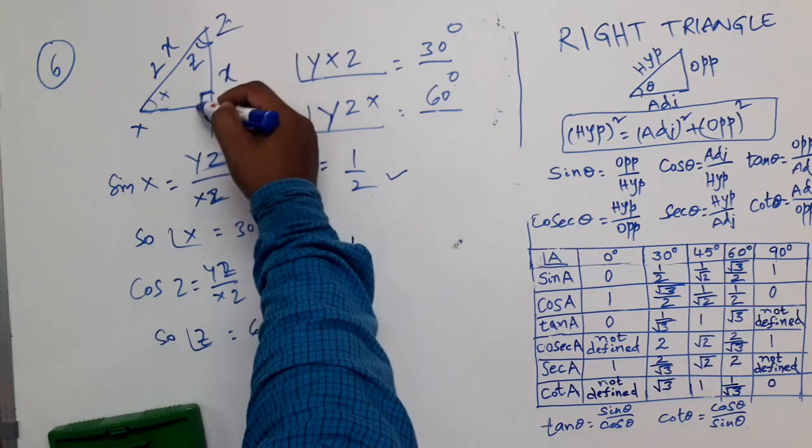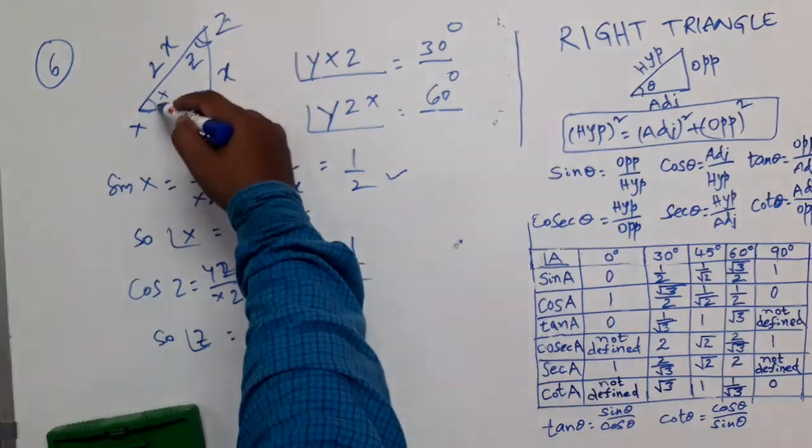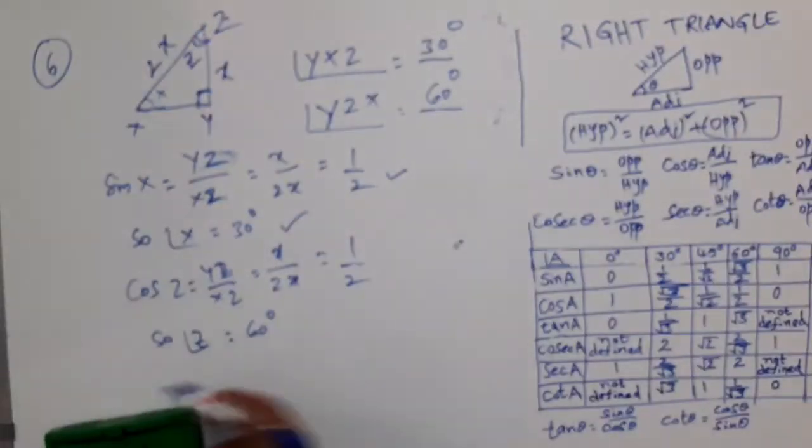60 degrees only. This is 90. The sum of these two acute angles will be 90. This is 30, so this will obviously be 60 degrees. 90 minus 30 is 60. In order to do this also, of course, we can do it like this, or